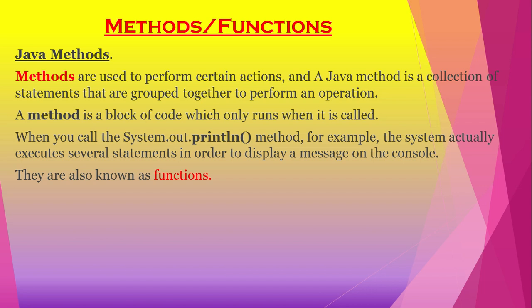See, simple, if you call System.out.println, this is an inbuilt method. When you call this particular method, behind the scenes many statements are executed in order to print the values on the screen. So this is an inbuilt method where you call it and activate it. A lot of things are going on in the background. A lot of statements are executed on behalf of this.